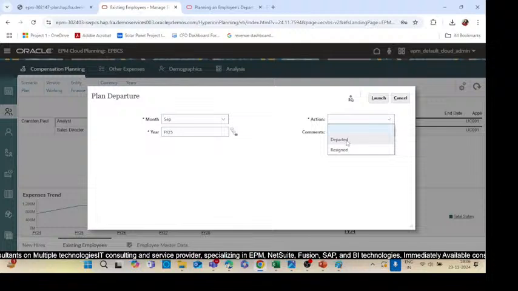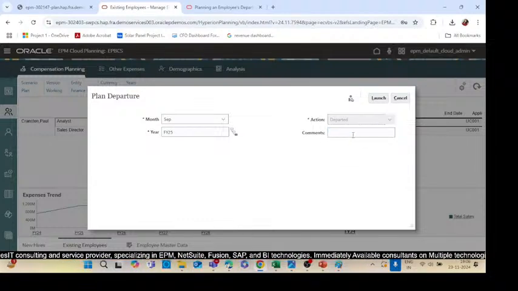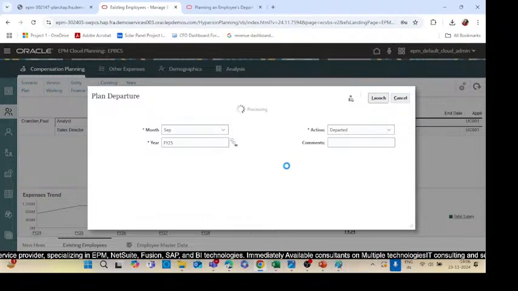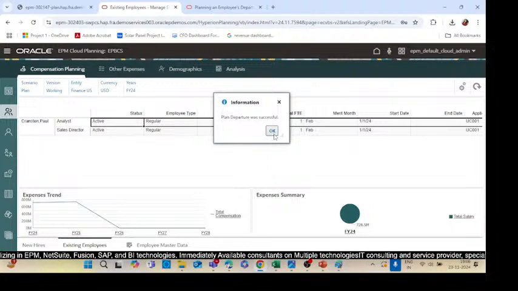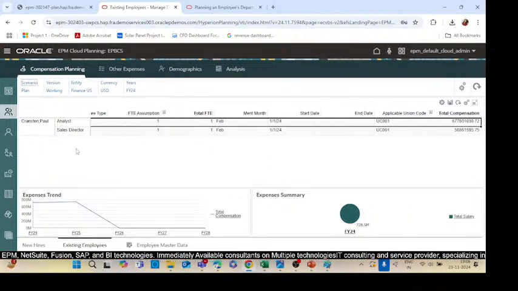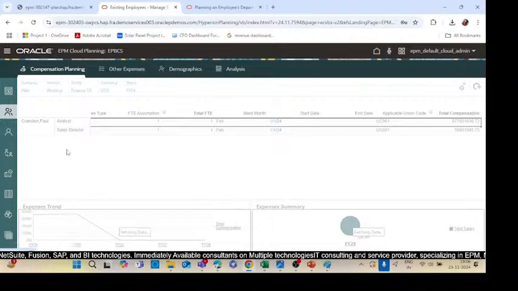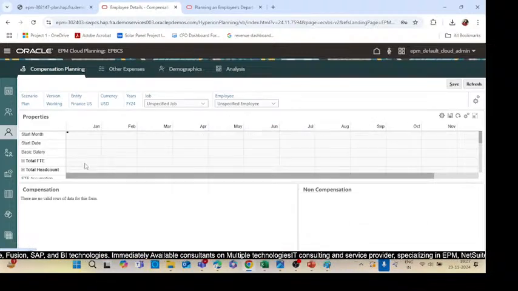In the actions we get two options: we can resign or we can click on departed. So let's click on departed. We can write a comment if any, then click on launch. So the planned departure was successful. If you now see the calculation, it will not be visible because